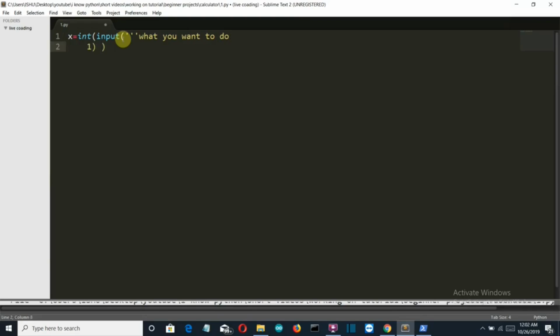The first option is add, the second option is subtract, the third option is multiply, the fourth option is divide, and let's close our multi-line string and close our brackets. Okay,